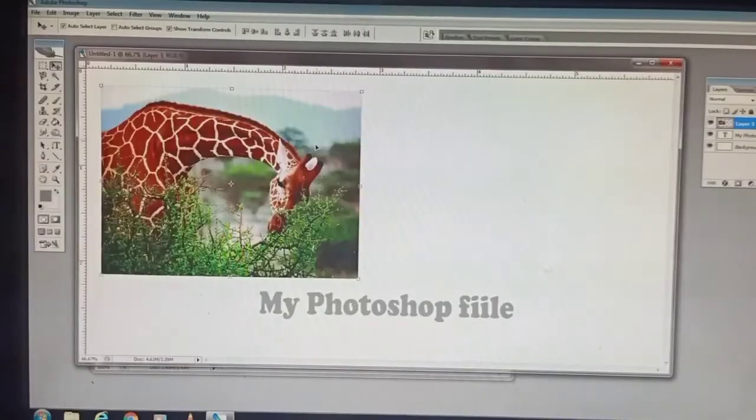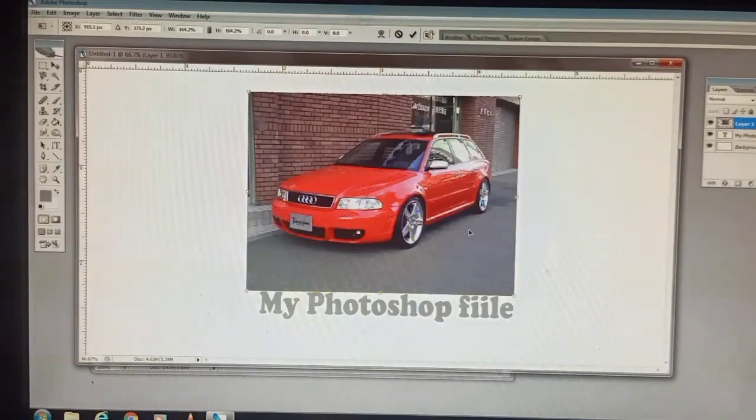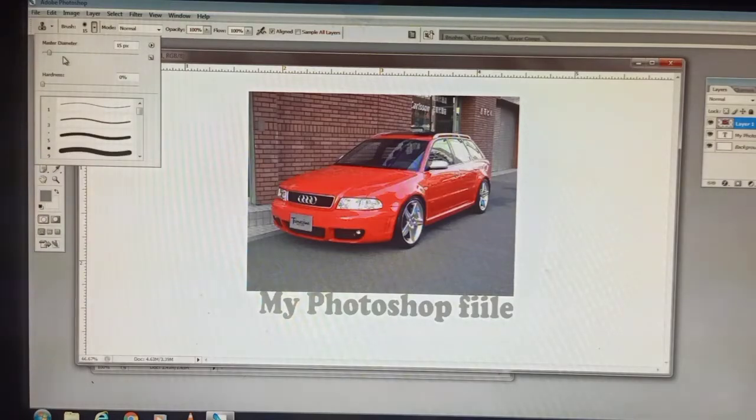Understood? Next one is the clone stamp tool. I am taking one more image here. I am selecting the clone stamp tool. The size is very small, so you can increase the size here. Whenever you use the clone stamp tool, suppose there is a wheel and I want to make another wheel in between.